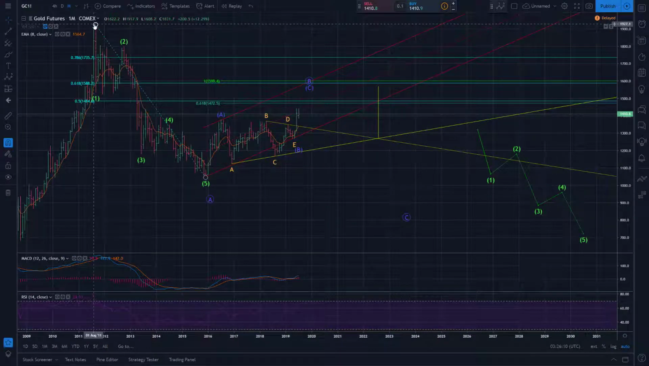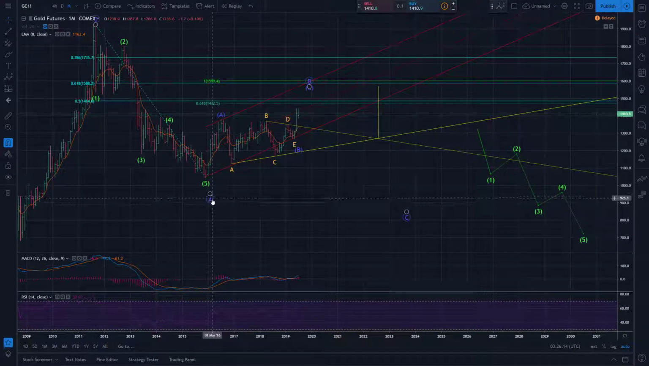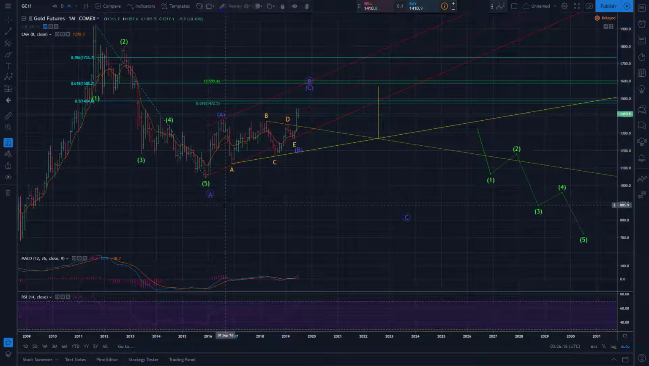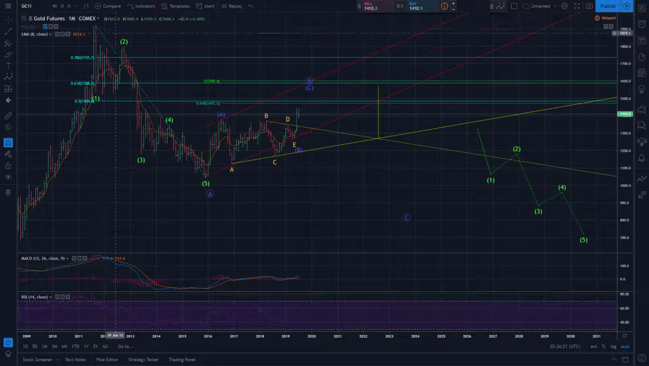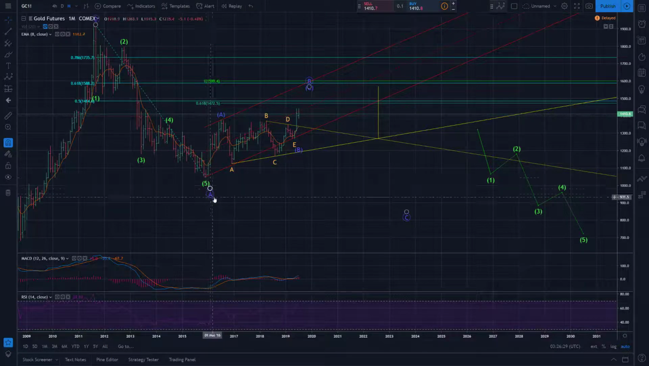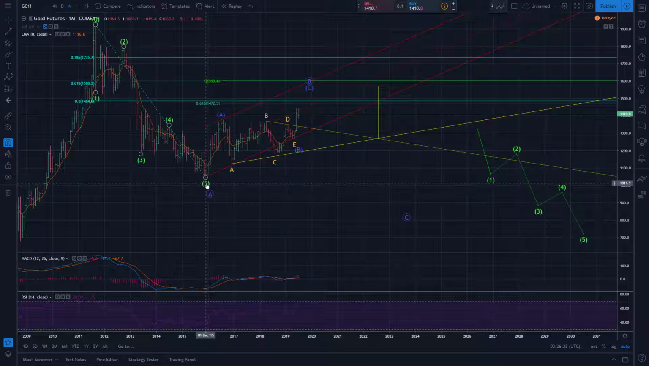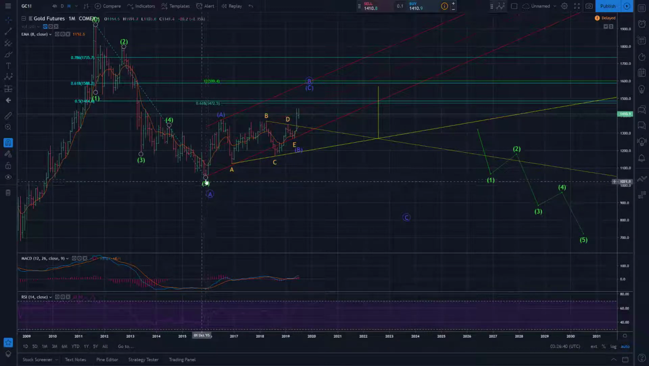So from the very high in gold in 2011, you can count a nice 1, 2, 3, 4, 5 down. I would consider that an A wave of what will be a larger corrective pattern. So we're looking for, at this point, a 5-3-5 zigzag to the downside, although it's certainly still developing. But since we had that A wave bottom here in 2015, 2016, that area, looks like towards the end of '15, beginning of '16,